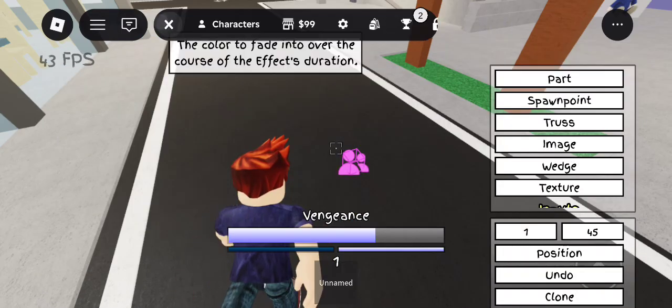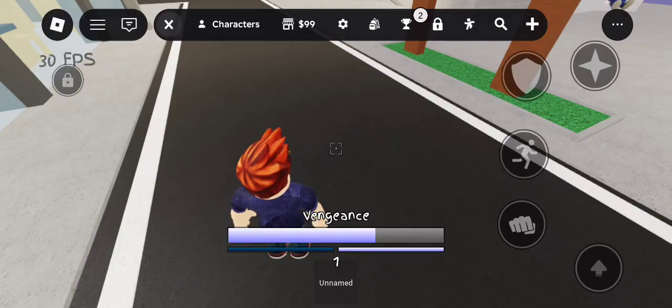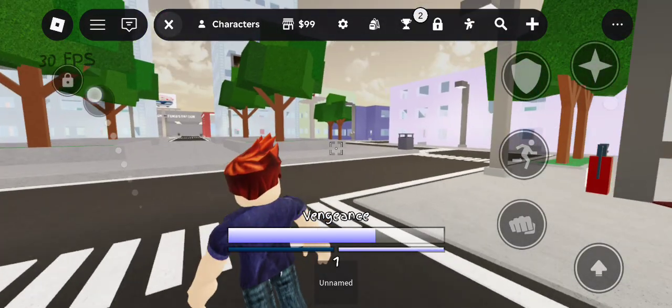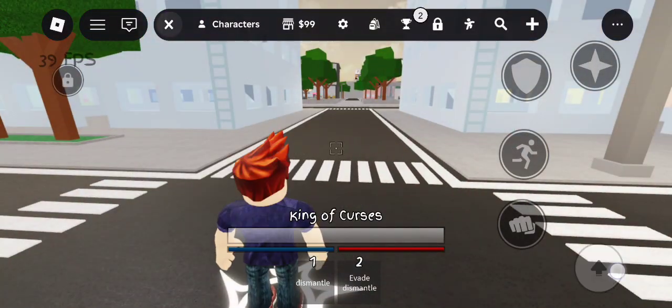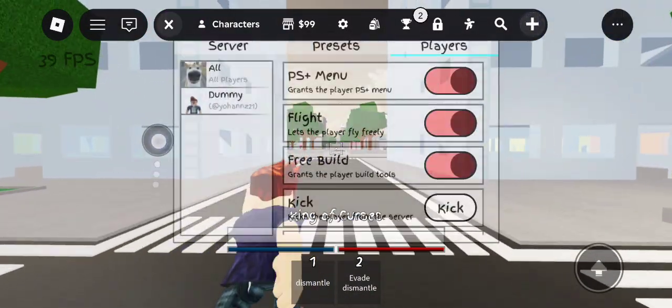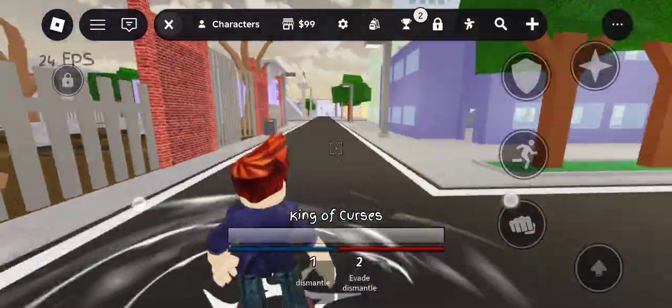What kinds of skills do is you put an execution for the ever and for the dismantle.